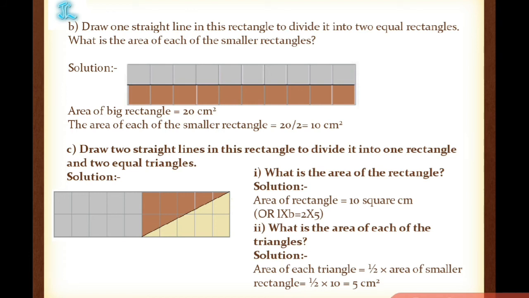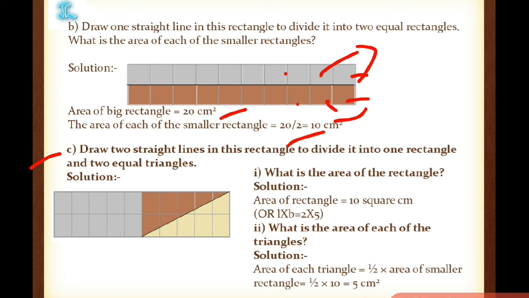Okay. Now, the area of the big rectangle we already calculated. It is 20 square centimeter. So, the area of each smaller one will be, as I said, like the chocolate one. This will be 10 and this will be 10. Understood? Now, next one. Draw two straight lines in this rectangle to divide it into one rectangle and two equal